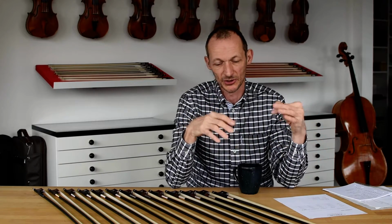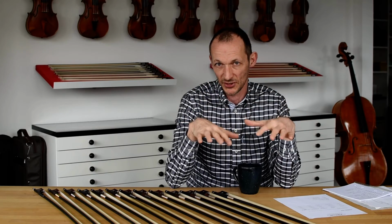So we kept sending bows back and forth to Klagenfurt when I was not quite happy with the bow, while I might have promised this bow already to a customer. So that created a lot of extra work and things. And so I decided I wanted the production under the same roof as all the rest of the company. And so we got new premises in 2008 and moved all the production, the machinery and everything to Würzburg, and